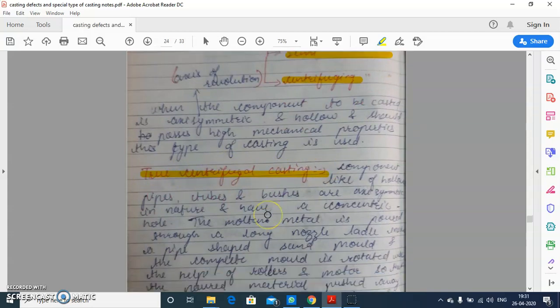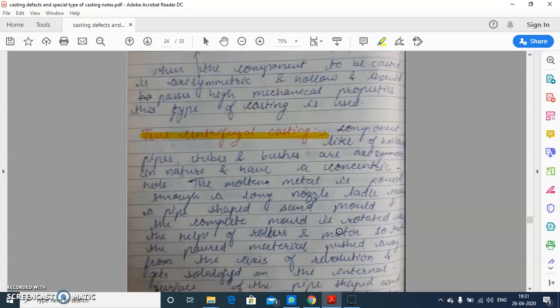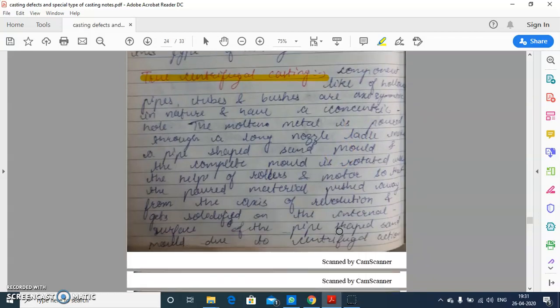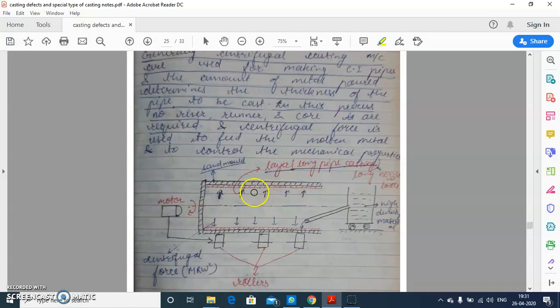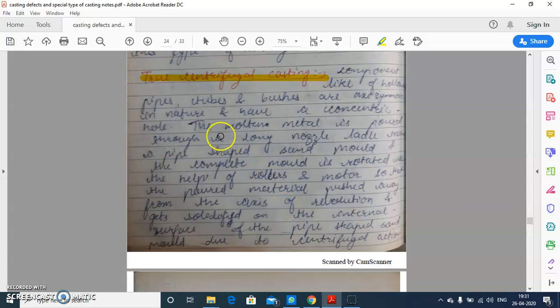What is true centrifugal casting? Components like hollow pipes, tubes and bushes are axisymmetric in nature and have a concentric hole. I am going to discuss the process of true centrifugal casting. This is a schematic diagram of centrifugal casting, and the molten metal is poured through a long nozzle ladle